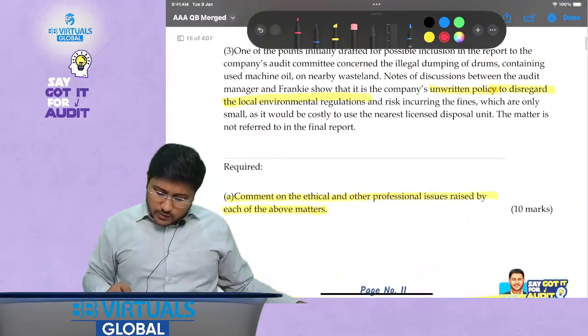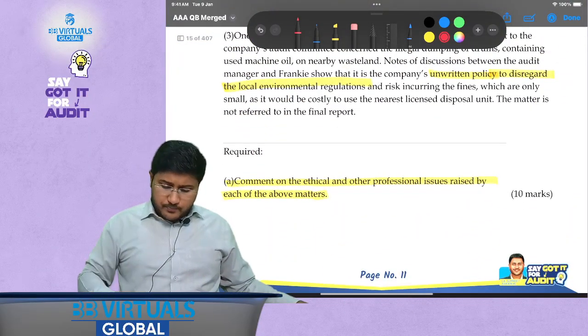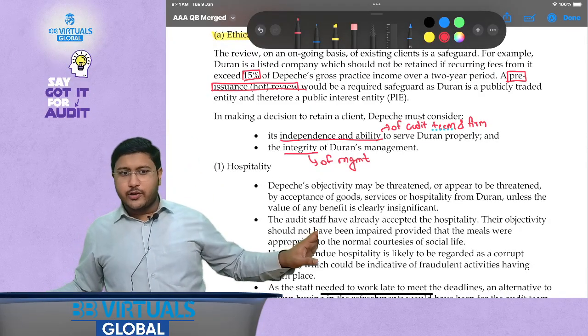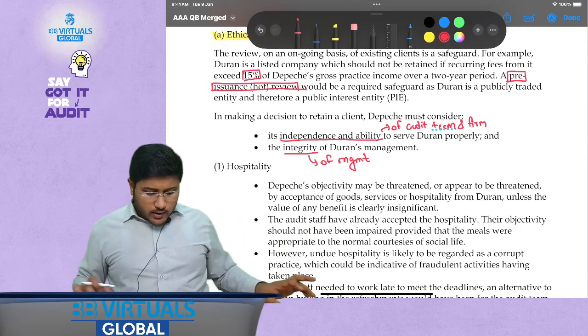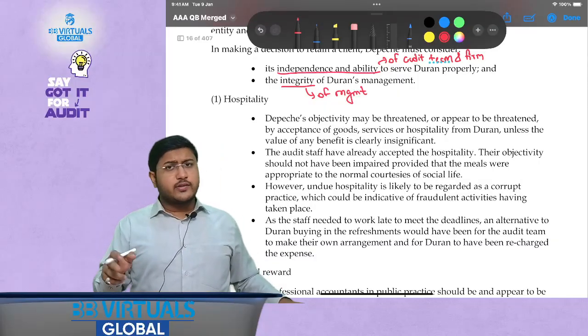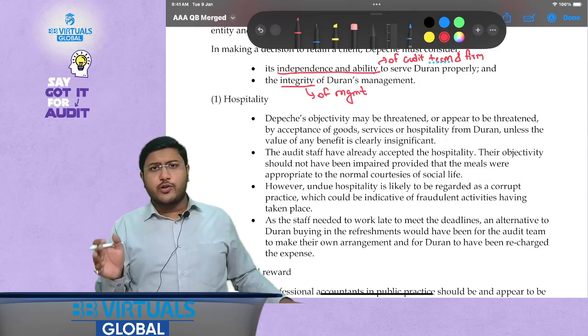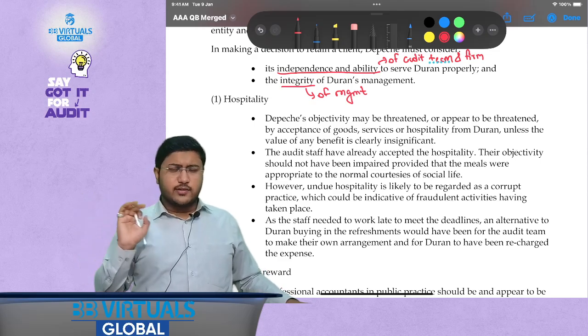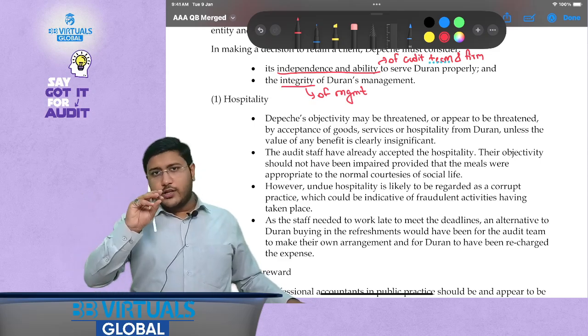What are the marks of this particular question? 10 marks. Okay, so is it important that you write 5 points and explain it? No. How many points are there in the question? That depends on that. Even if there are 2 points, you have to explain in detail. Even if there are 5 points, you have to explain in somewhat less detail than for 2 points, but yes, in detail. If there are 10 points, then you can list down the points.